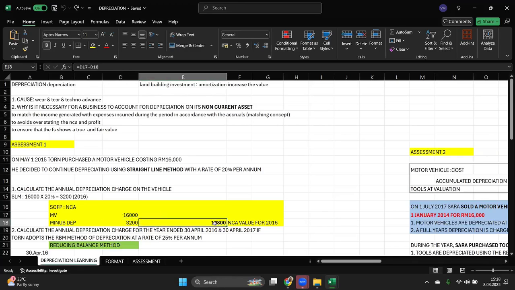So if you don't show these changes in your statement of financial position, later on when you want to calculate your profit and loss, your profit will literally